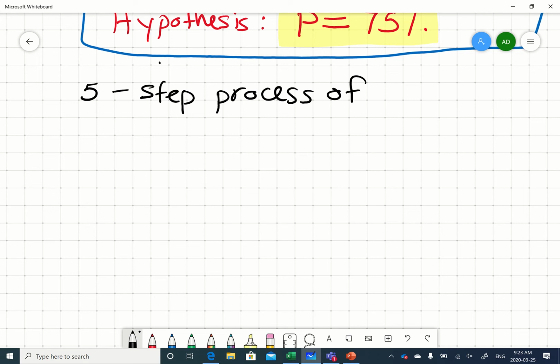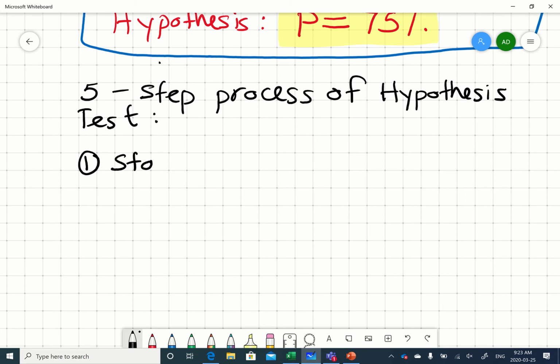Of hypothesis test. So step 1, state the hypotheses. The reason I'm using plural is that it's not just one hypothesis, it's going to be 2 hypotheses actually. It's going to be 2, one versus the other. So we are going to test one versus